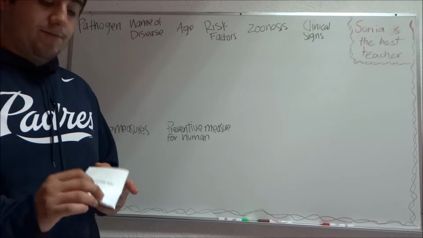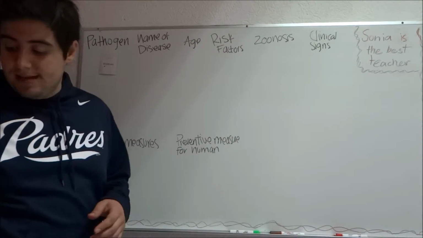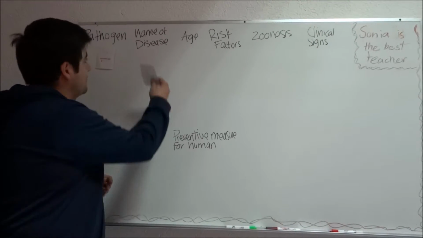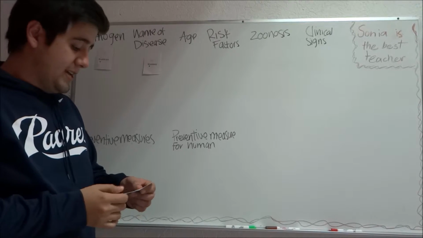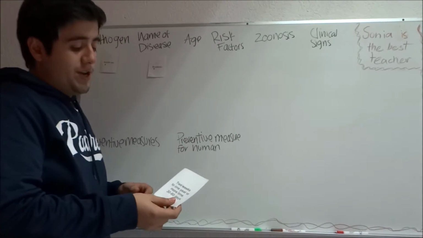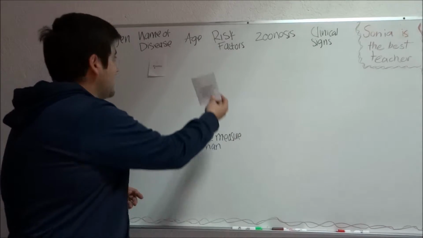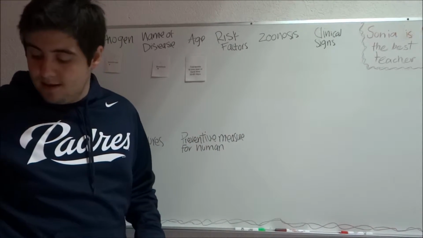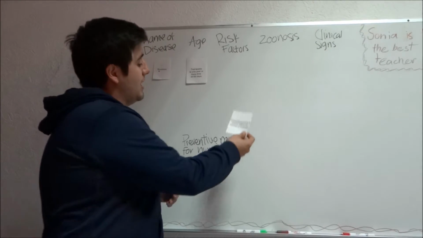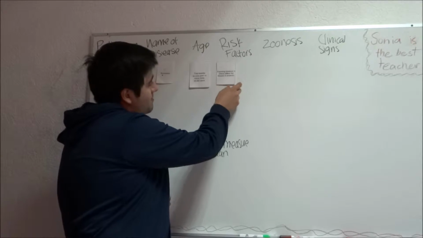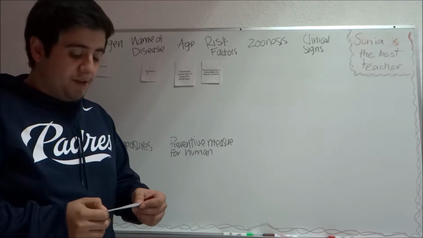Hello, I'm going to talk about the Brucella spp. pathogen. The disease of this pathogen is called brucellosis. The age that the animals can get it is 2 weeks to 1 year or more, about 30 to 60 days. The risk factors for this disease are exposing livestock in places where the disease is endemic, the artificial